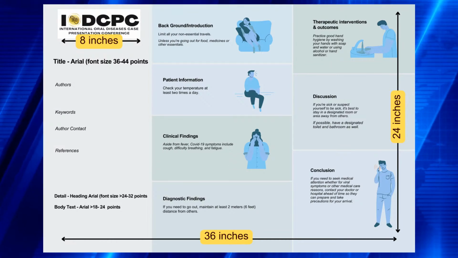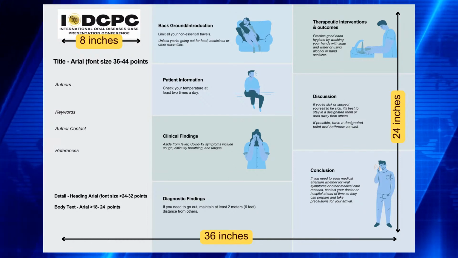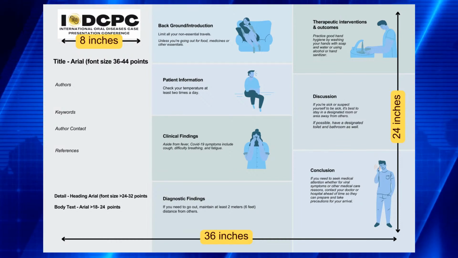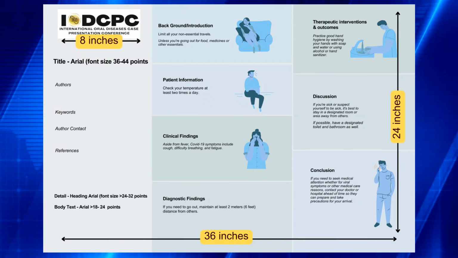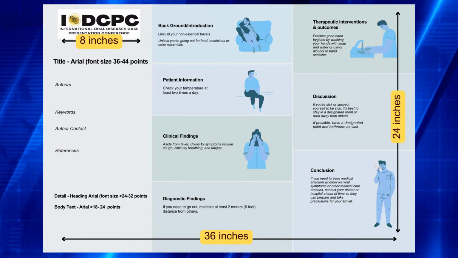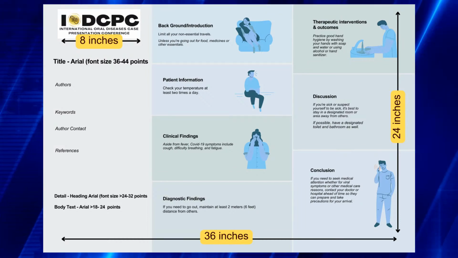Those headings, the subheadings like background, introduction, patient information, are from the instructions that we had given you. The last page of the guidelines to the abstract submission had those instructions for the final work. So these are those headlines, and you can use them from there. Of course, use what is relevant. So if you're doing a case series, things may be a little different. That I will leave to you to decide what it needs to be.